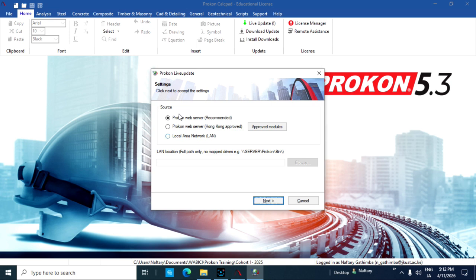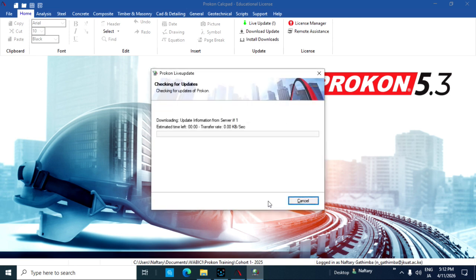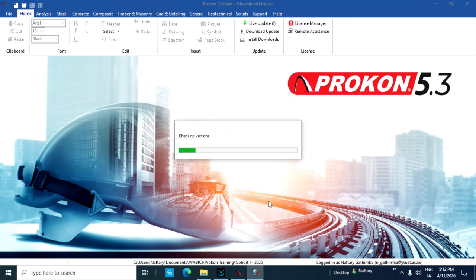Okay, you let it search the web. This is the recommended way of updating the software. So you let it search, and if there is any update that has been done since the time you downloaded, because let's say you downloaded last week, you installed, and then you have stayed away for a week or so, they are actively working on this version. So you might find that there are some small improvements made on your software. So you run a search. If there is nothing, then it's just going to tell you